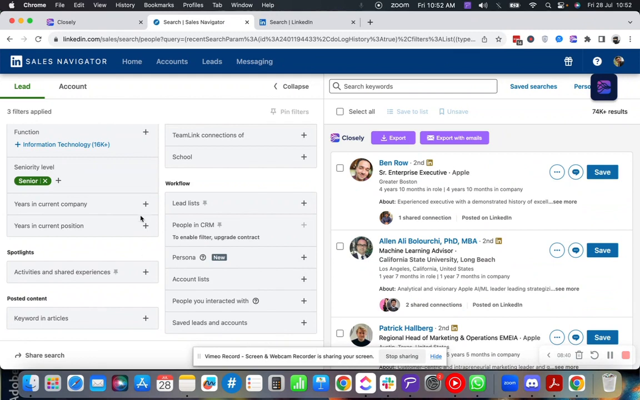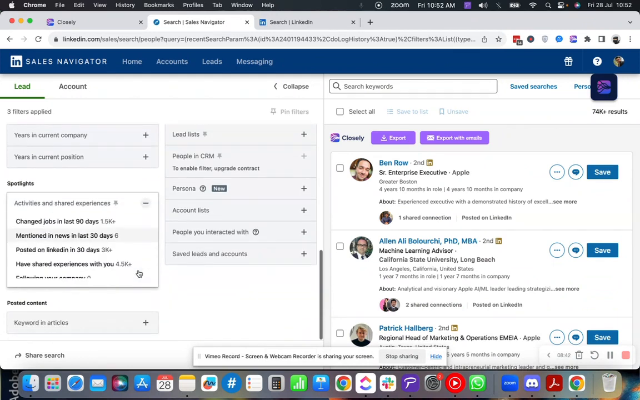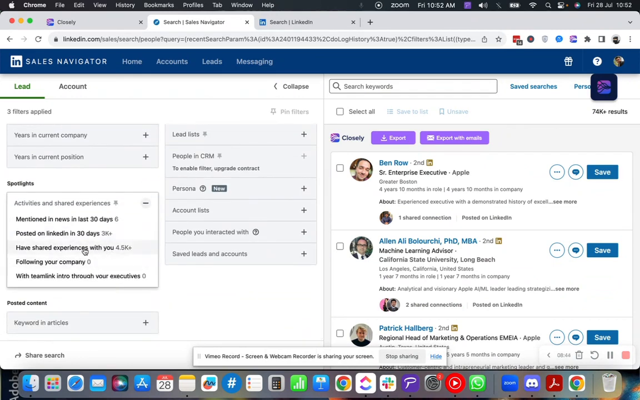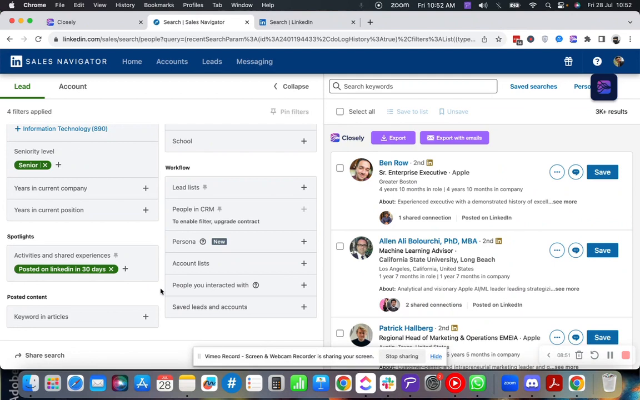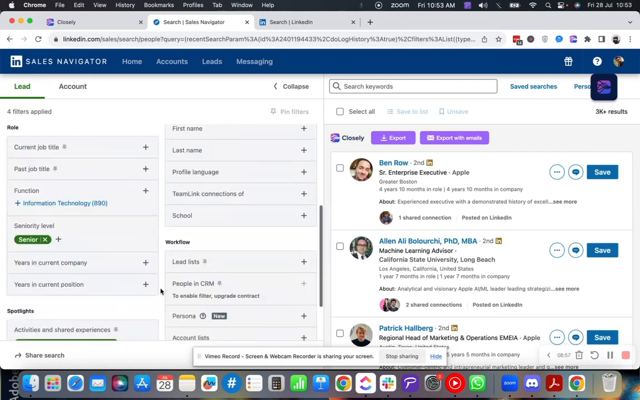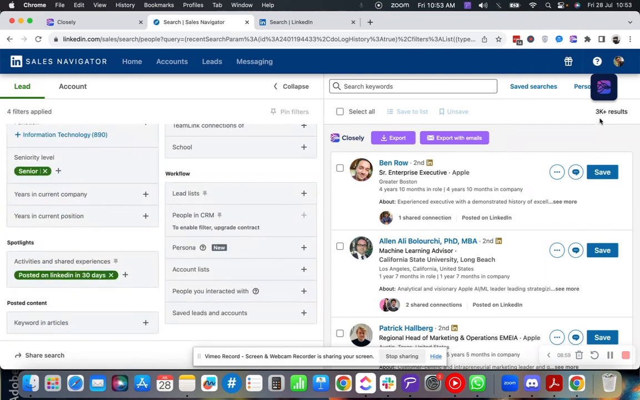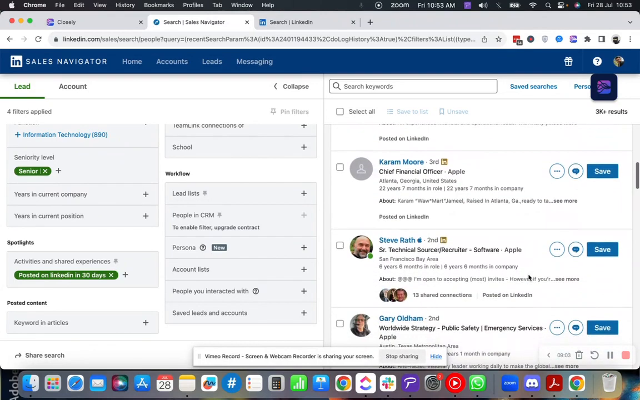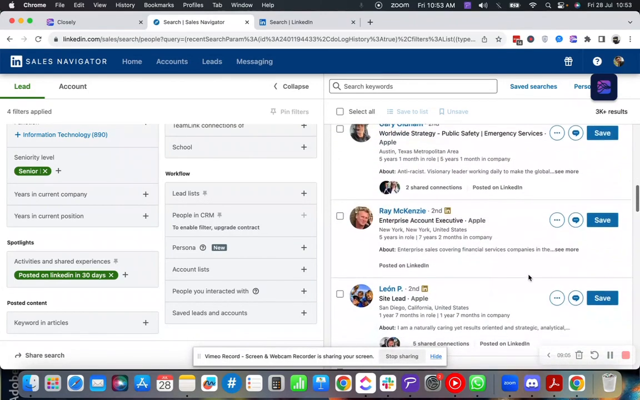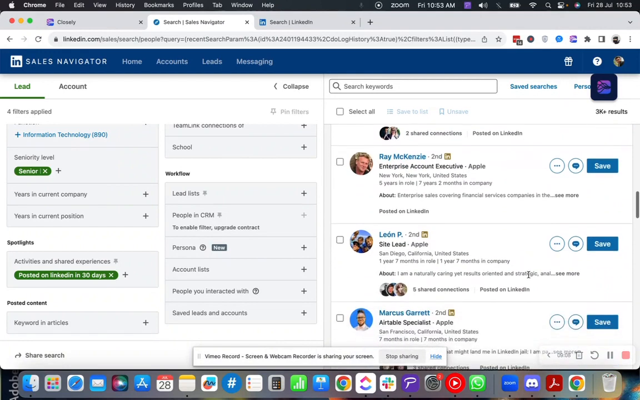Now I also want to find out someone who is more active, or posted on LinkedIn in the last 30 days, because we are targeting active profiles. We are not targeting someone who will not even reply to our message for the last forever, right? So let's say we choose this. The list is now down to 3,000. Now these are all active profiles. If you message them on LinkedIn, they will be able to reply to you,